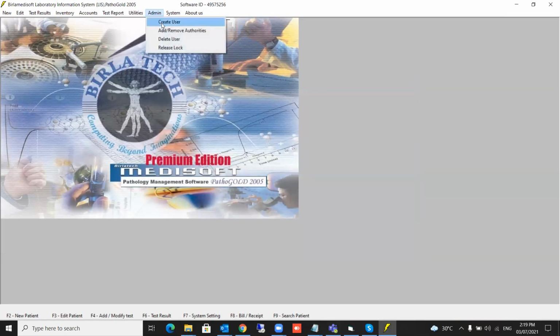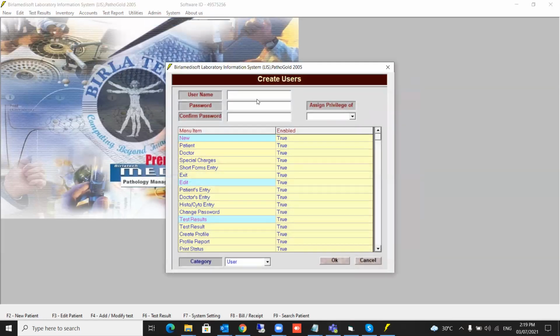Okay, you go to the admin menu, you say create user. Okay, I'll create a user 1. Define the user one as a password and user one as a password. Okay, confirm password. Okay, this user, I want to disable inventory control for him. So what I'm going to do, you have to just say true or false. That's it. You don't want inventory to be seen. So entire inventory is gone. If you click on this, entire inventory menu is gone.